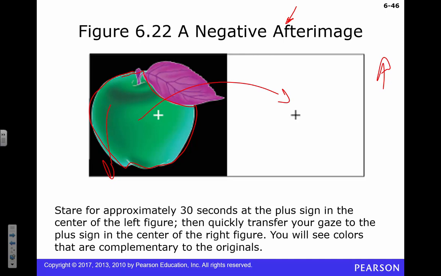Questions about this? It's kind of cool. This also explains the waterfall illusion. You guys familiar with that? If you stare at something moving in one direction for a long period of time, and then you look at something that's not moving, it'll look like it's moving in the opposite direction. It's also because of motion sensitive cells. Let's say the rightward motion cells are getting activated, and you look at something static. All that's left are those leftward motion cells that seem to be a little bit active, even though they're not. They're really getting activated, but because those rightward cells are no longer really doing anything, that difference in activation is what's important.